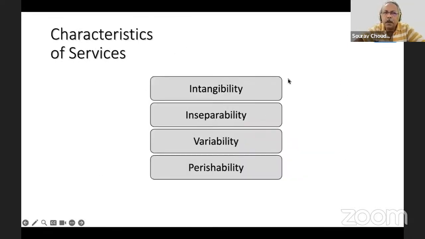So, characteristic of services, of course, intangibility is the first one. Inseparability. What is inseparability? The service and the client and the person who's giving the service, they are inseparable. You cannot go and